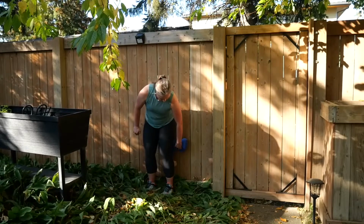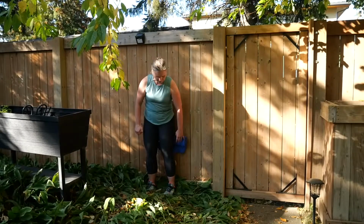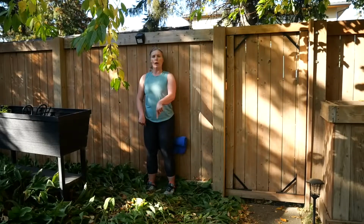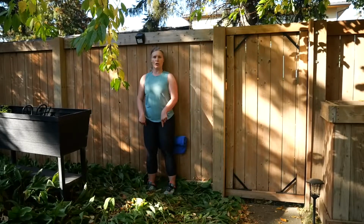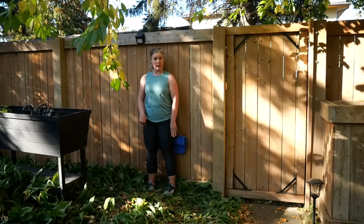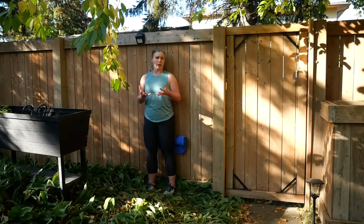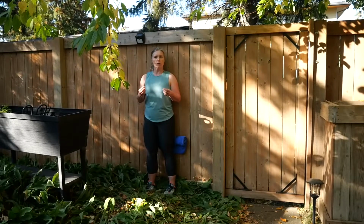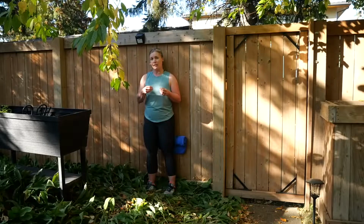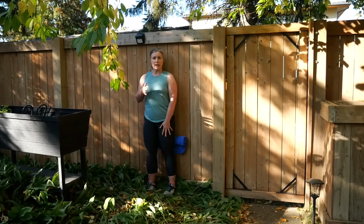Coming against. Now, as we stand here, our feet are slightly away from that wall. And the action is simply pressing the towel into the wall. So I'm contracting the front of my thigh as I push that towel into the wall. So the towel is there not only for comfort, but it's also there to act as more resistance or surface to push through. So I'm straightening, and then maybe I hold, and then I sort of bend into that knee